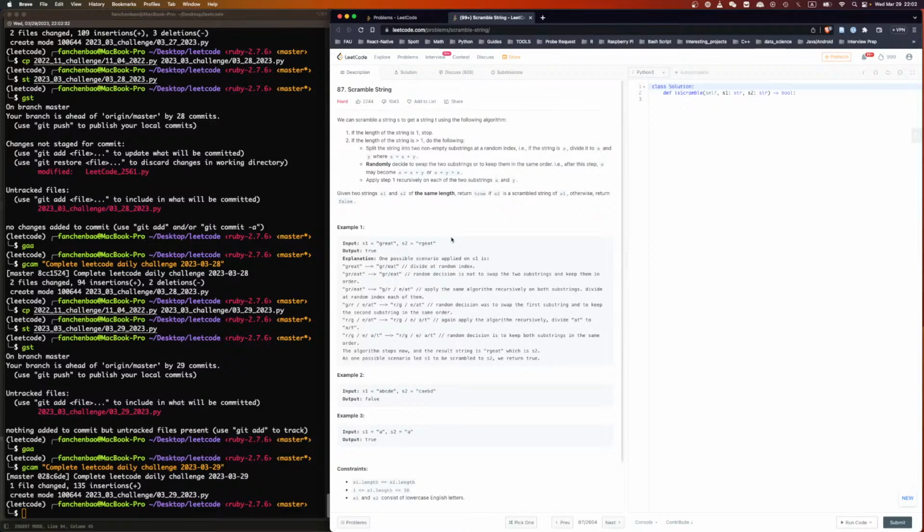Well, I mean, we can say at this, right? We're gonna split here, split here, split here, split here. And we can split here. So for each given string, we can produce all of its possible scrambles. And we just want to know if one of the scrambles is s2. And as we're producing these scrambles, we can use memoization, basically,